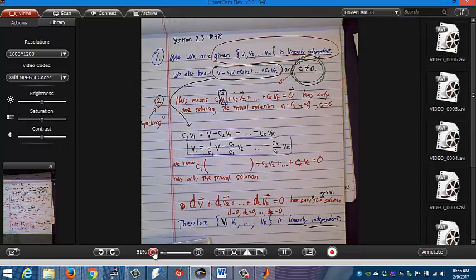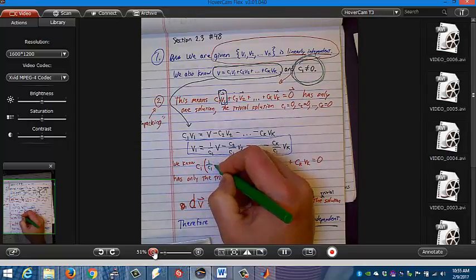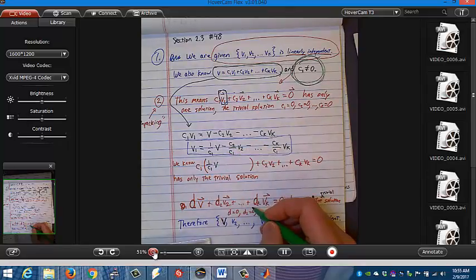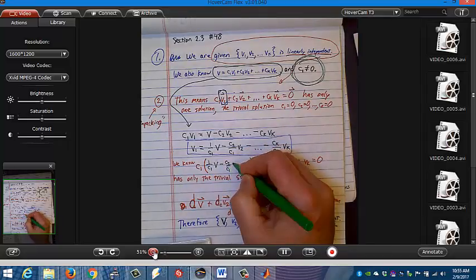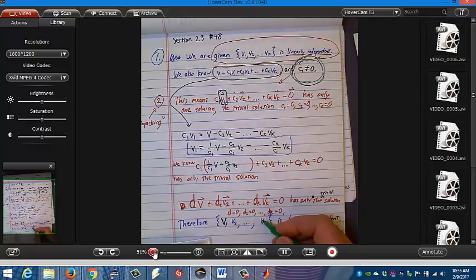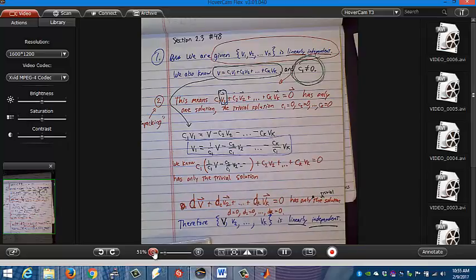By the way, what goes in there? I better write that out. It's 1 over C1 times V minus C2 over C1 times V2 minus dot dot dot minus. I thought you backed it out with C1 when you were